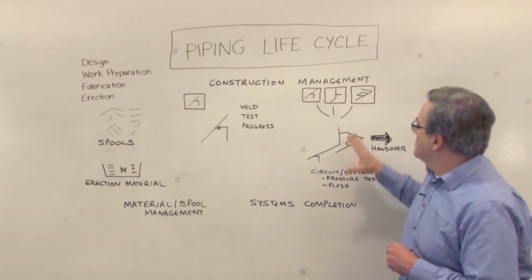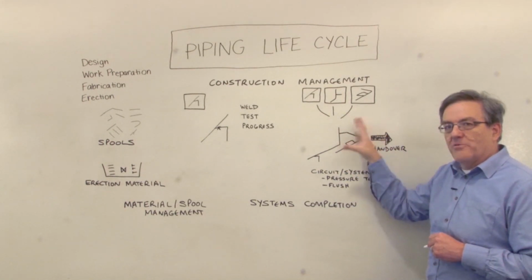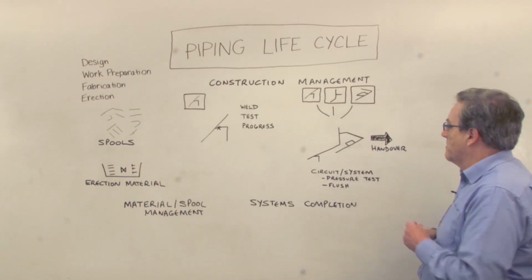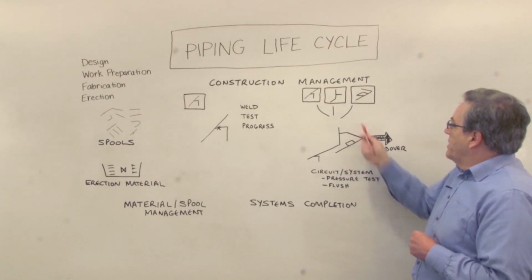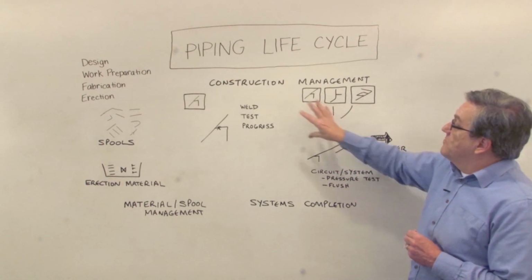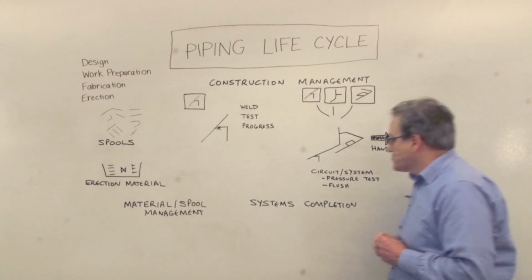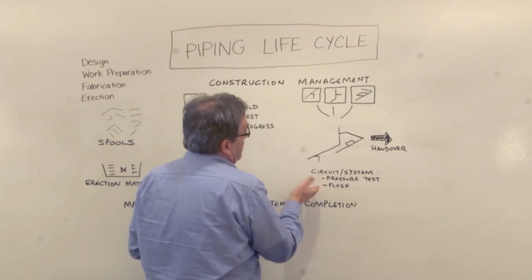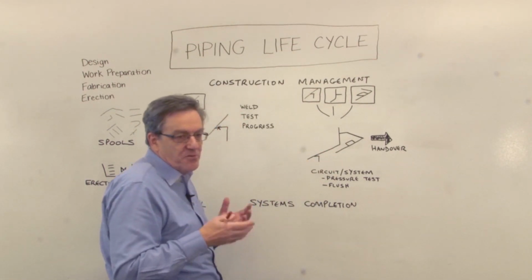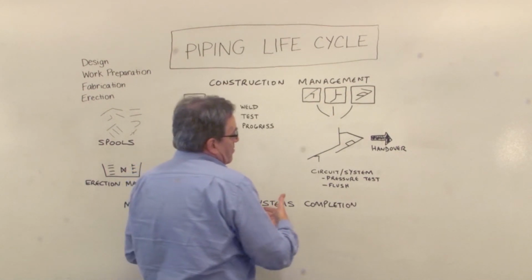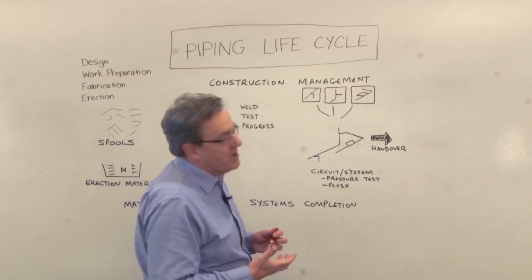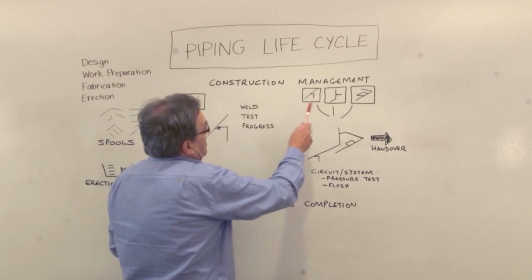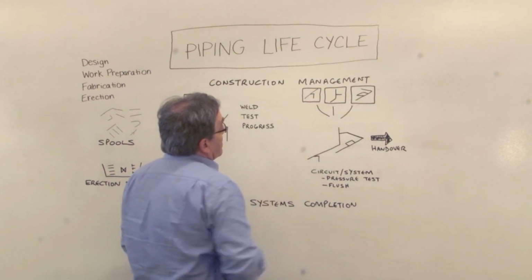is not enough, because in terms of commissioning and operation of this line, we're probably interested in an assembly of lines into a system that does something in particular. When it comes to commissioning, we might need to test three of these pipelines together as a circuit or a system. We need to pressure test, we need to pressurize the system and check it for leaks. Maybe we need to flush it out to ensure that it's ready for operation. So the system is an assembly of